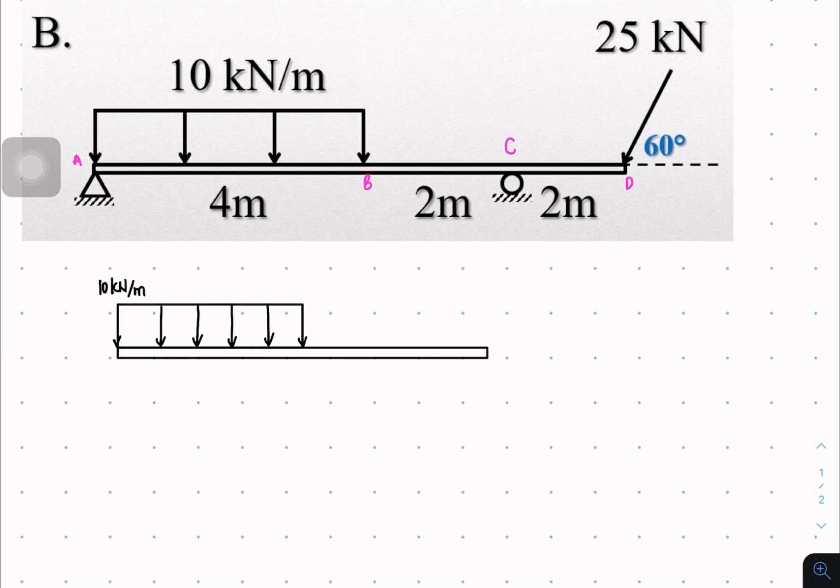And then let's get the resultant. By the way, this is 4 meters. So the resultant is going to be at the middle. It's going to be the product of the two, so it's 10 times 4, and that's equal to 40 kilonewtons. Okay. Next is we have